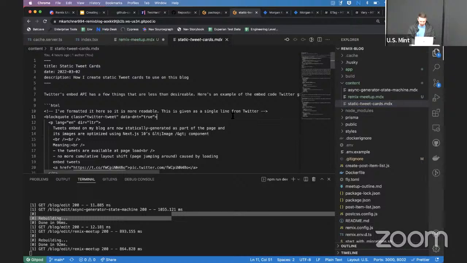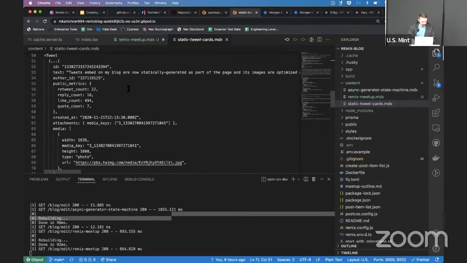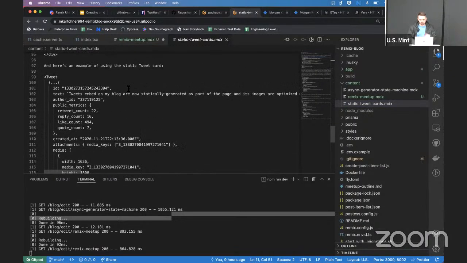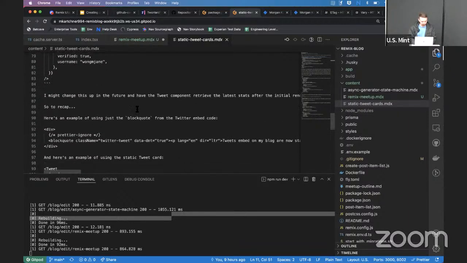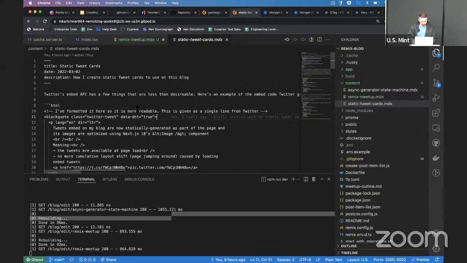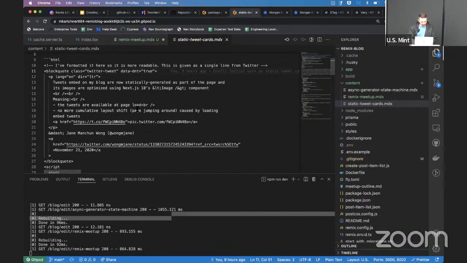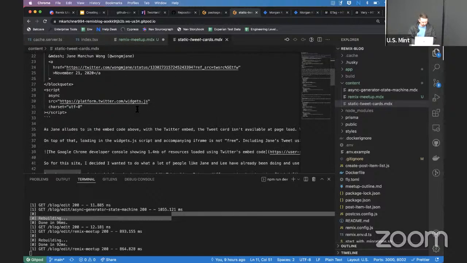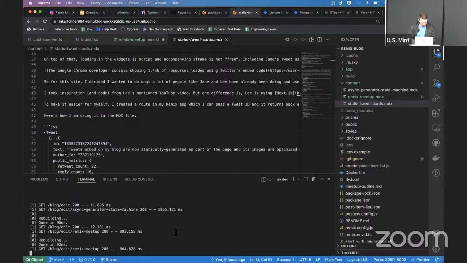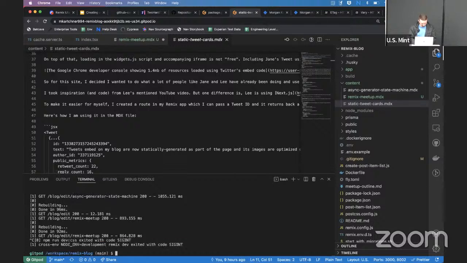In the static tweet card example, you see I have a tweet component that I use to bring in a static tweet instead of using Twitter's embed API, which has some problems performance-wise. And a lot of people do this with MDX blogs. So yeah, I think that was some of the main stuff I wanted to touch on.